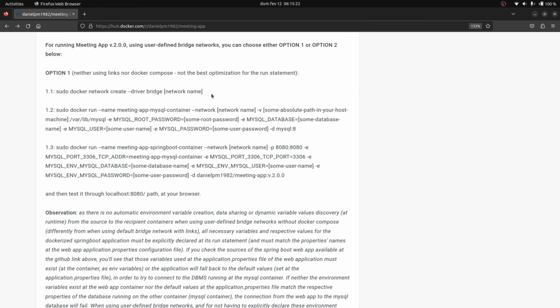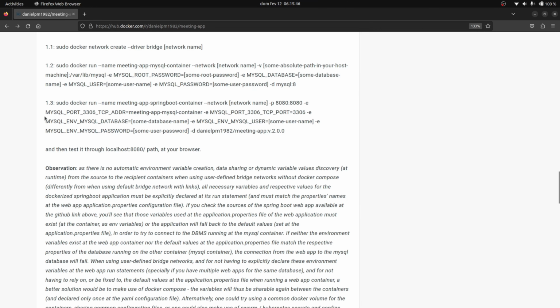For example, bridge-DanielPM1982 or whatever name you want. So firstly, we create the user-defined bridge network,